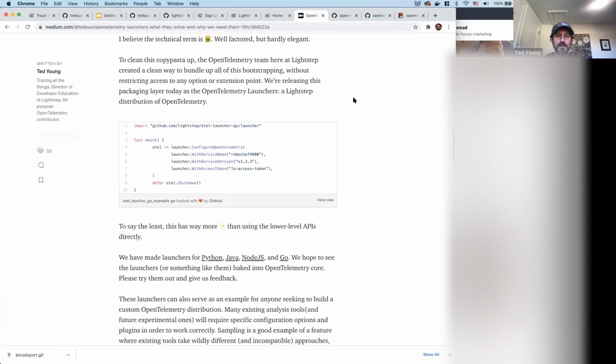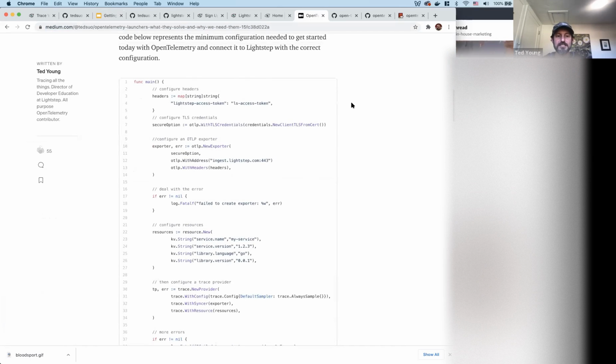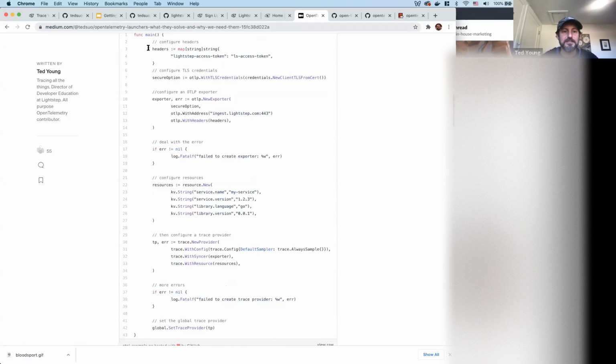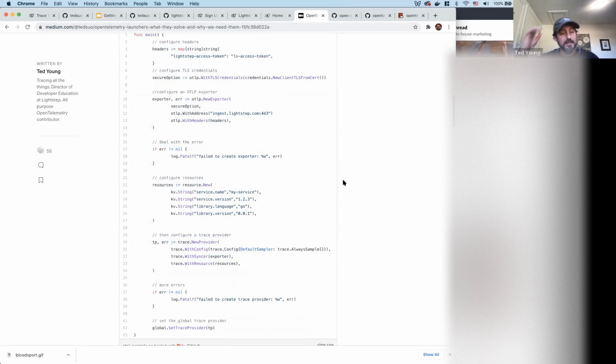And you can see here for what we're doing with our Lightstep distro, we actually use OpenTelemetry out of the box. So Lightstep speaks OTLP natively. You don't need to install any plugins to connect OpenTelemetry to Lightstep, but you do have to configure it. And so this is all the configuration you would have to do if you're doing it by hand. And it can be helpful to go through this configuration.